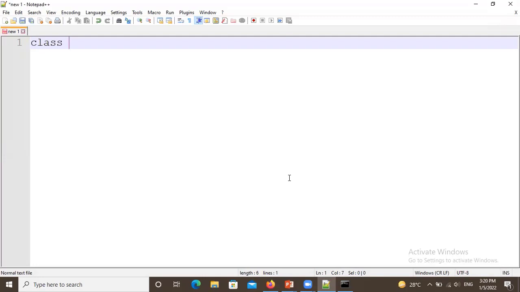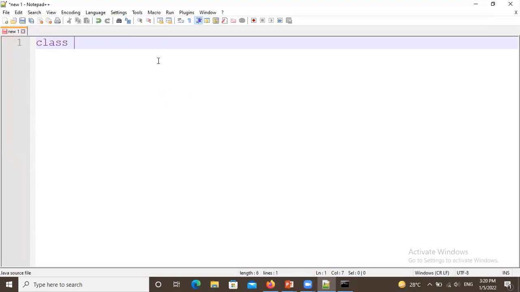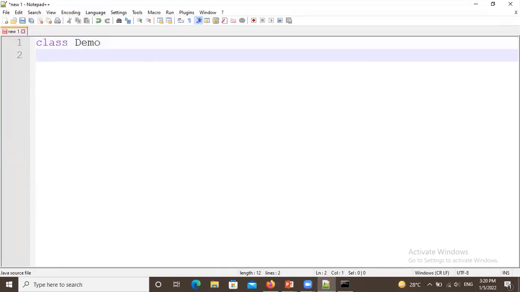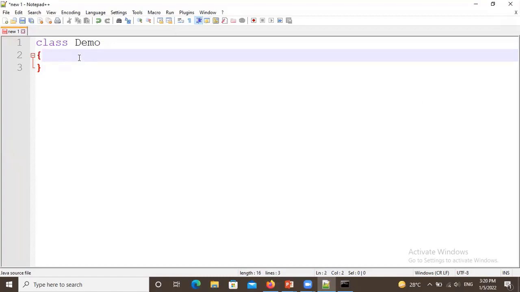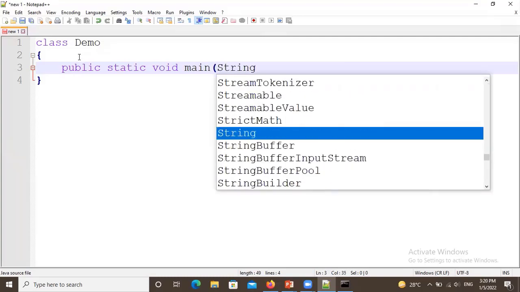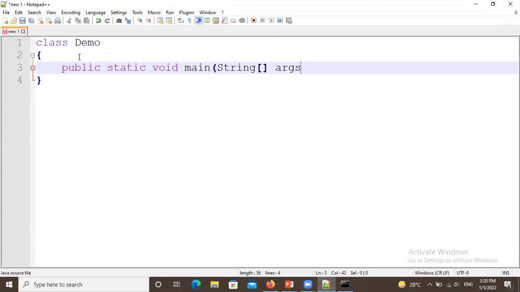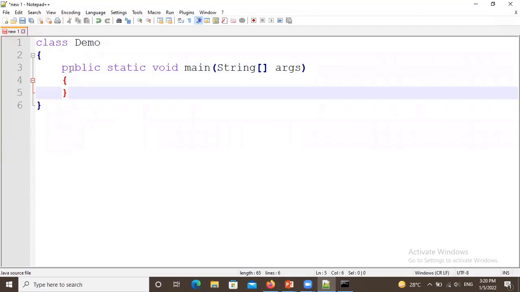So here is the class keyword, the name of the class is demo, then the curly bracket follows. In the class there is a main method, public static void main, having the parameter String args. This is the part of the syntax, and then we have the opening and closing curly brackets.